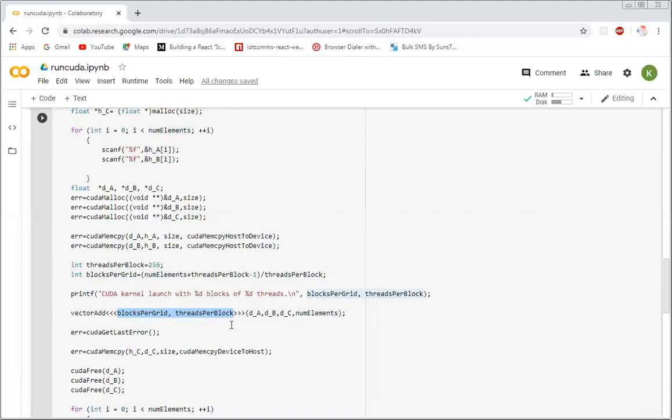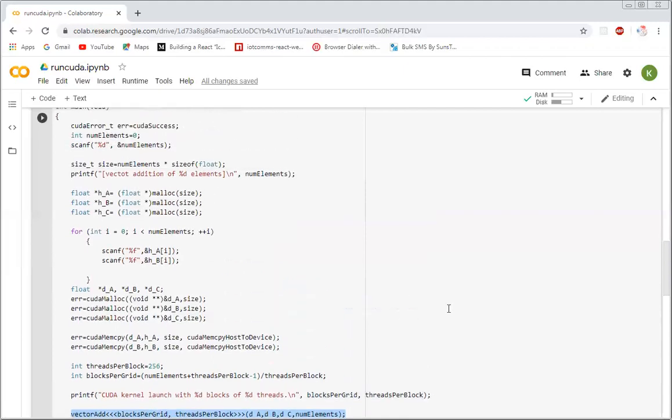Maybe if you are aware of the number of elements, you can keep the number of threads to match. But still, when this function vector add is being called, let us go to the function.